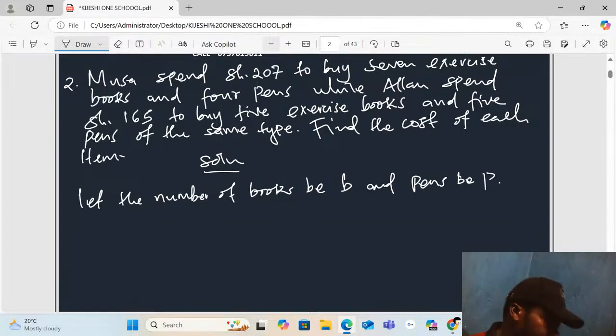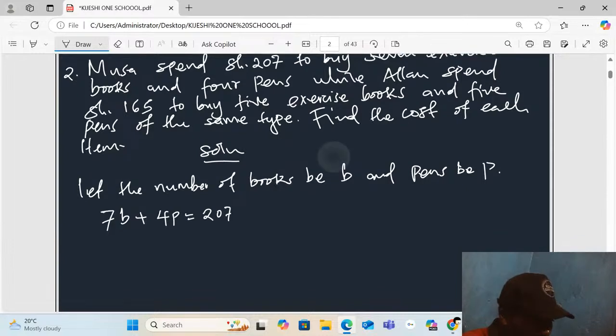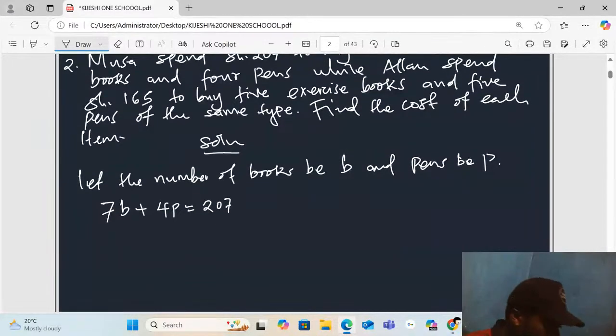Pens be P. Now we have our unknowns, which are the books B and P. Musa spent 207 shillings to buy 7 exercise books and 4 pens. So we have 7 exercise books, that is 7B, and 4 pens, that is 4P, which will cost a total of 207 shillings. On the other hand, Alan is buying 5 books